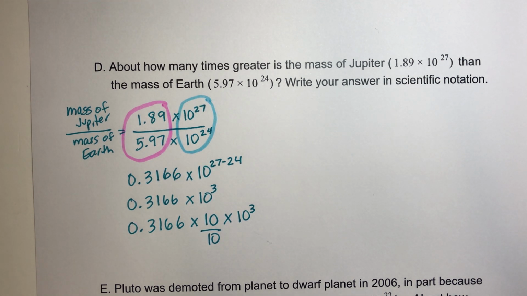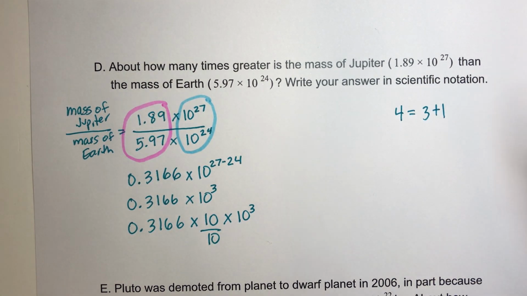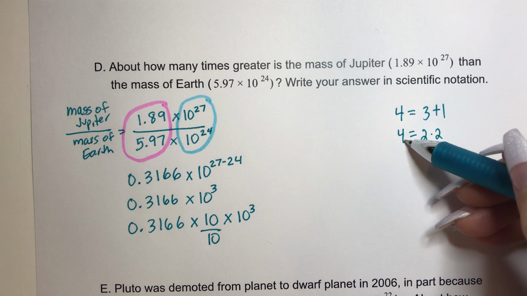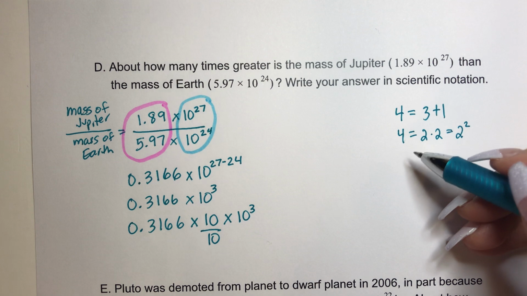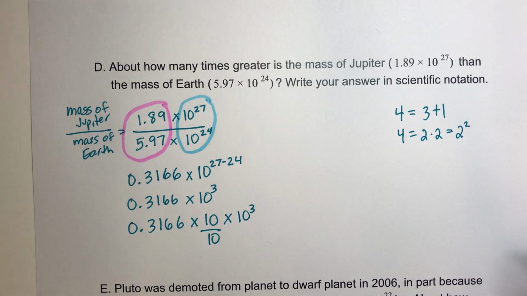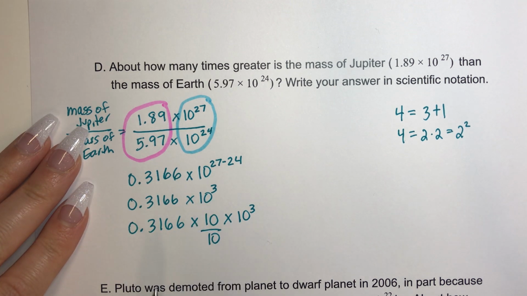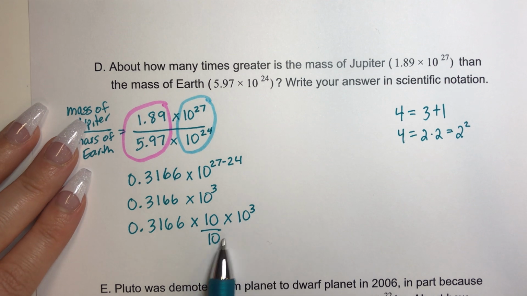And in mathematics, this happens a lot. Like, for example, 4 is equal to 3 plus 1, right? It's the same thing. It's just in a different form, or 4 is the same thing as 2 times 2. So sometimes when I'm referring to 4, I might write 2 times 2, or I could even write 2 squared, but it is the same thing as 4. It's just in a different form. That is the same thing here. This number right here is the same thing as this number, even though I have this times 10 divided by 10, because 10 divided by 10 is 1, and you can multiply any number by 1 and it's the same